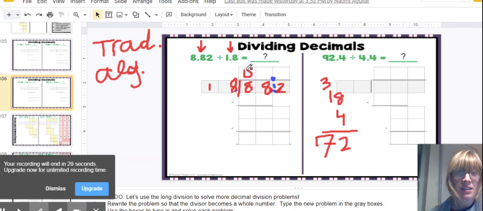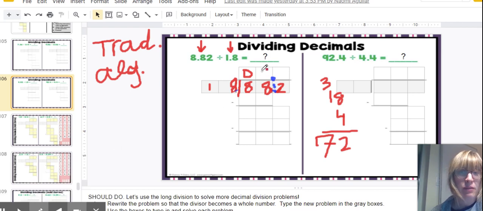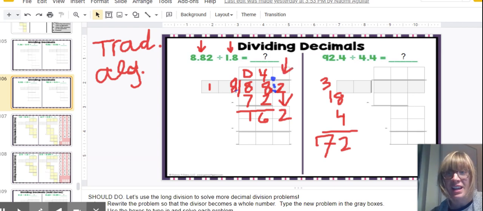So in other words, it doesn't fit into 8, but it fits into 88 4 times, which is 72. And when we subtract, we see we have 16 left. Okay, well, 18 doesn't fit into 16, so we can bring down the 2 and ask ourselves that same question of how many times does 18 fit into 162. We'll put that answer right up here, and then we will be done. And in this case, you will find that